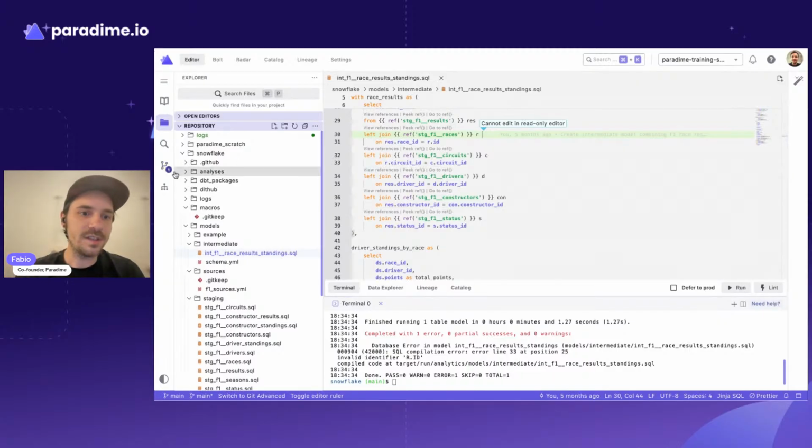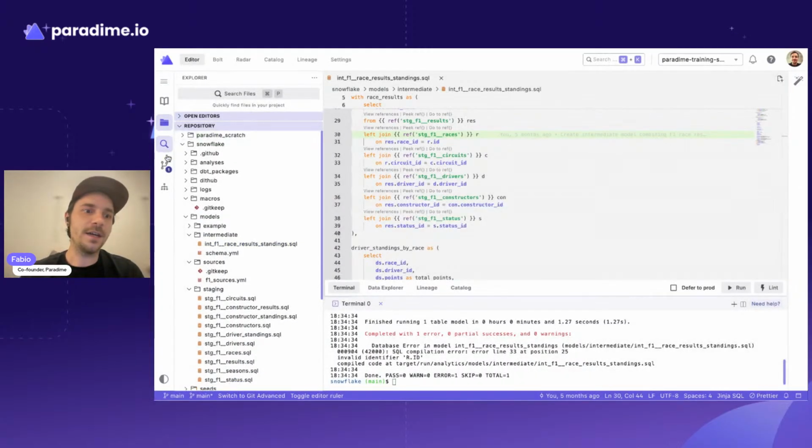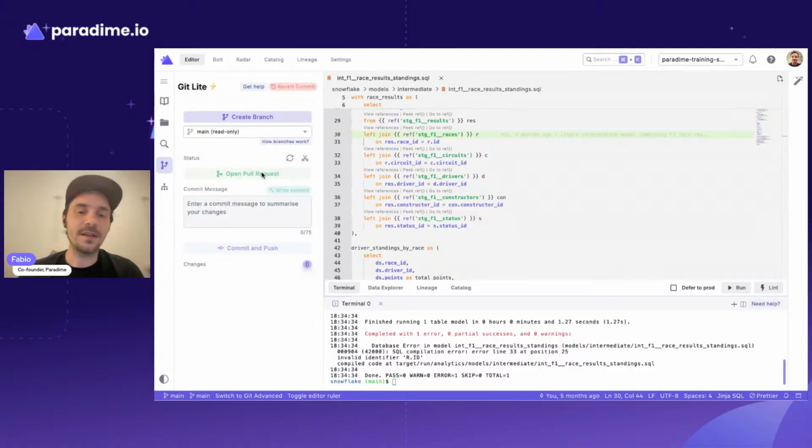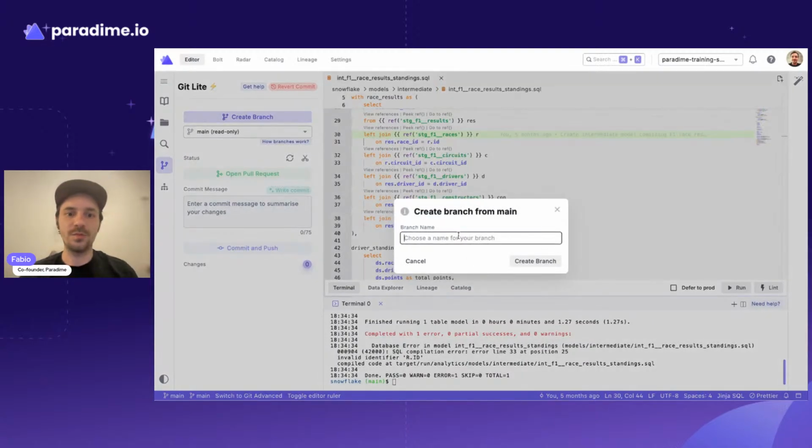Fundamentally, whenever we start working with Paradigm, the main branch is locked as a read-only branch by default. That is so that you cannot start creating commits against the main branch and create a bunch of problems. From the workflow perspective, the first thing we need to do is create a branch. So in Paradigm, we created Git Lite, which makes it super easy to create a branch. I can just click on the button and give it a branch name. Let's say we'll call it dev live stream